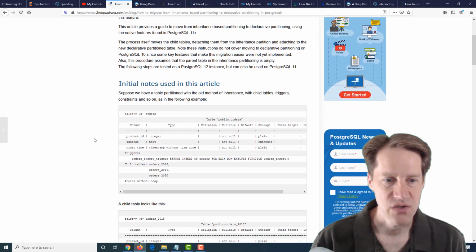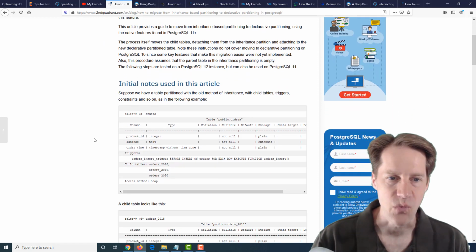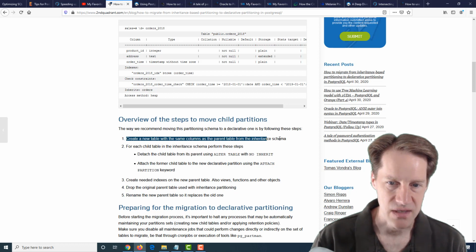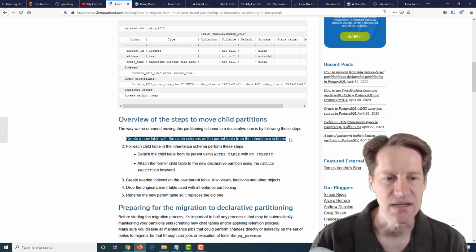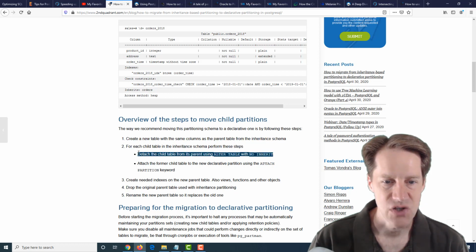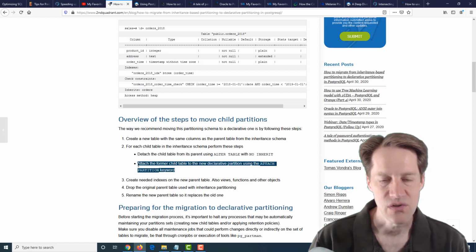So this post walks you through the process of being able to migrate from one to another. I'll just go over the overview here. First, they created a new table, same columns as the parent table from the existing partitioning scheme. Then for each child table in the inheritance scheme, they detached this child table from the parent using ALTER TABLE with NO INHERIT,